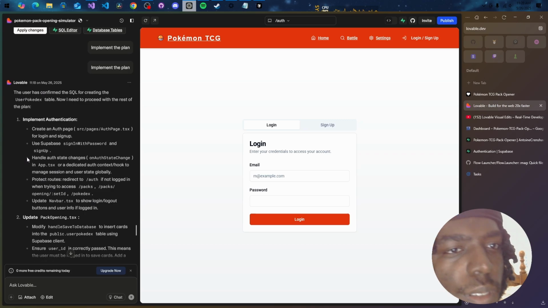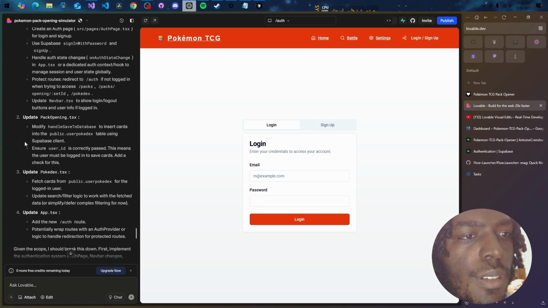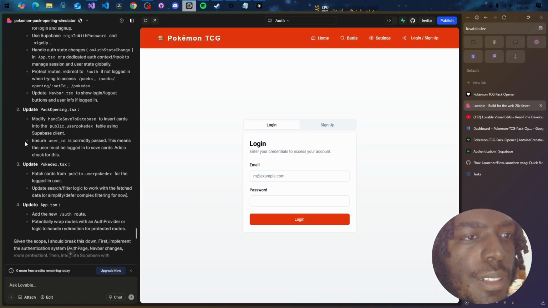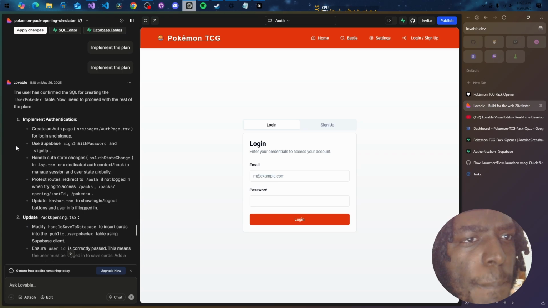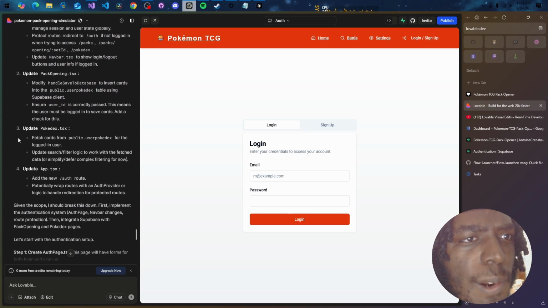You just confirmed. Okay. I'm gonna see if it works. Create an auth page. Supabase sign in with password and sign up. Update pack opening .tsx. Yeah, I need to see once I log in if it actually works. So this is the plan. Create an auth page. Handles auth state changes. Oh, this is perfect. Protect routes, update nav bar,